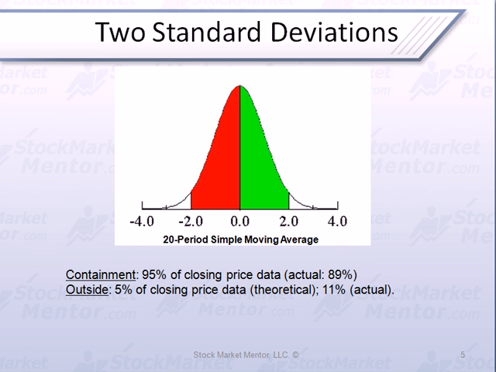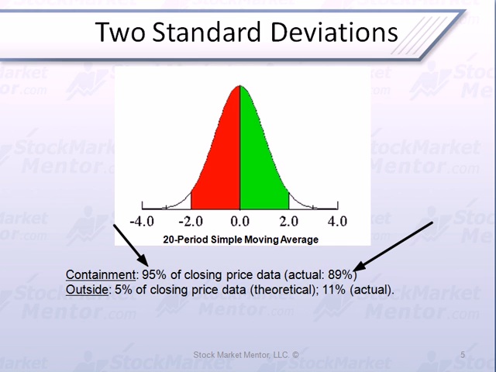Two standard deviations, that's the normal. Statistically, they're supposed to contain 95% of the closing data. Actually, and this is a study done by John Bollinger, they contain about 90%. So on a two standard deviation setting for Bollinger Bands, about 90% of all the closes are going to